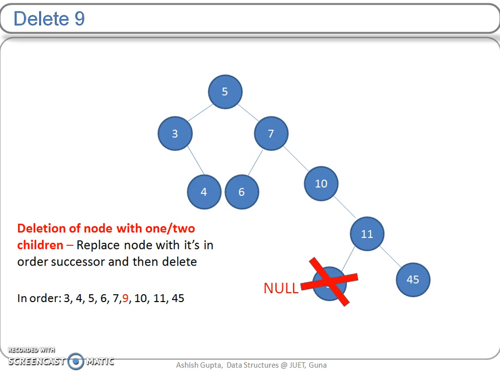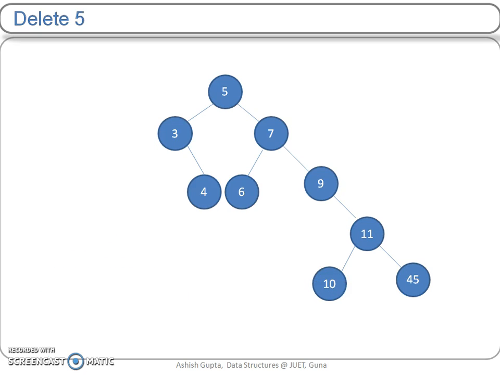Next, let's say I want to delete 5. The inorder successor of 5 is 6, so it would be replaced by 6, and then the 5 would come to the left of 7, and 5 would be deleted directly from the tree, and the left of 7 would become null. So this is how we do deletion in a BST, when a node is a leaf node, or when a node has one child or two children. Okay, so this is all about the BST.